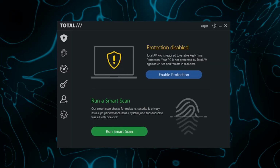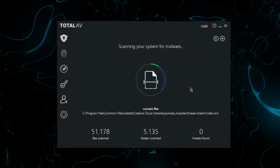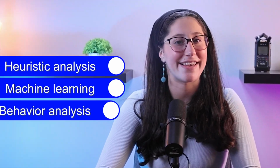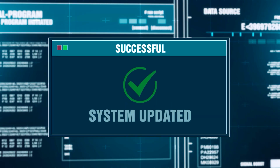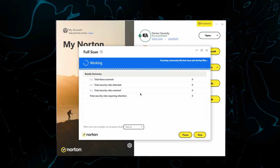Alright, now let's talk about implementing effective endpoint protection. These endpoint protection solutions, including antivirus and anti-malware software, play an important role in preventing ransomware infections. And that's because these solutions can detect and block malicious activities and prevent the execution of ransomware on individual devices. And so organizations should invest in advanced endpoint protection solutions that use heuristic analysis, machine learning, and behavior analysis to identify and neutralize evolving threats. Other than that, regularly updating endpoint protection software and performing comprehensive scans are essential to maintaining a strong defense against